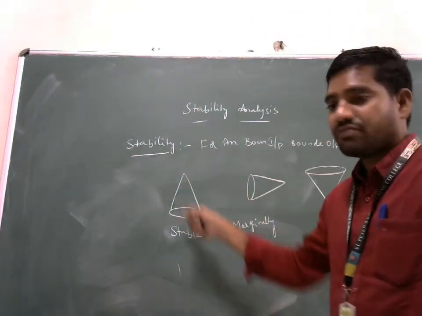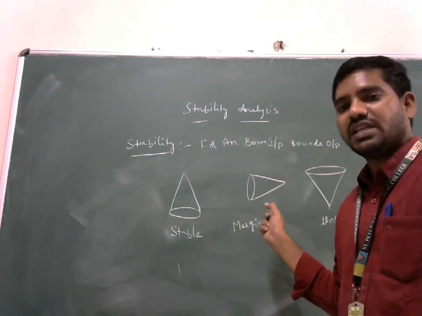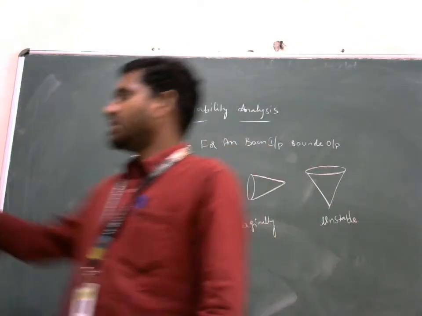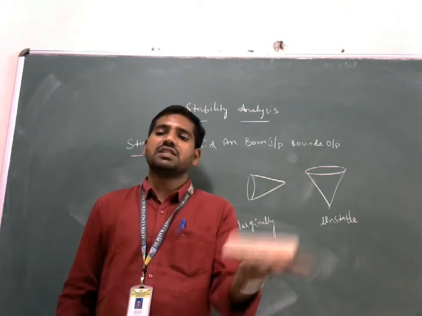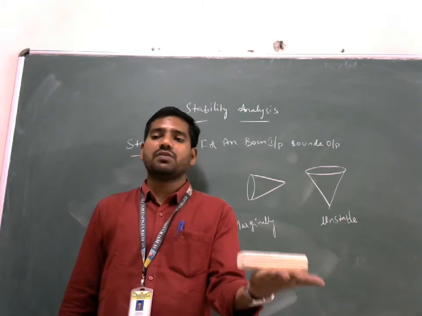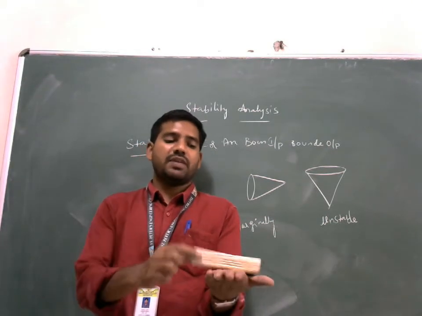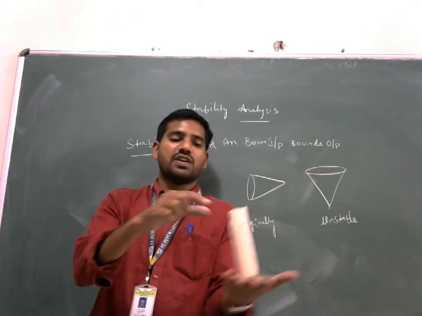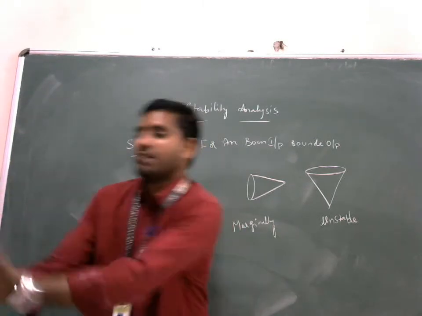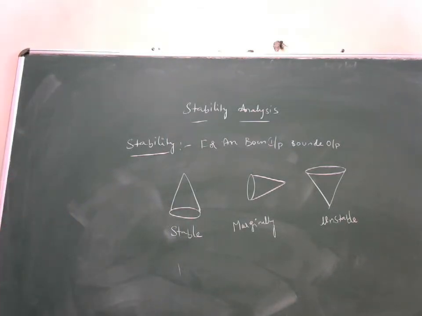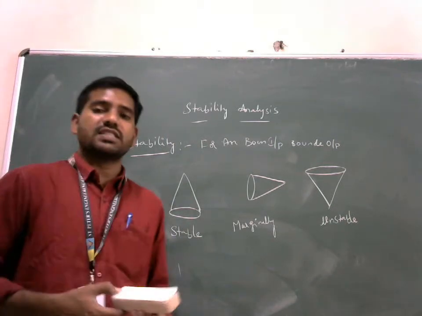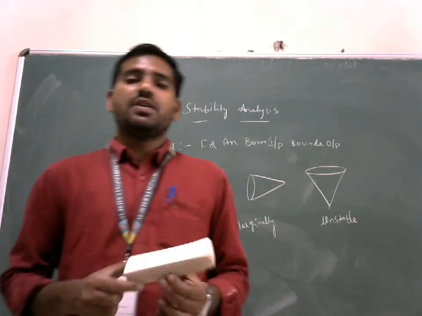Here also, this is a physical system. We can say very easily. If I am taking a duster and I am placing it like this, then we can say that this is unstable. Why? Because it will not stand. If I try to stand it like this, in some cases what will happen? See, it will fall like this. That will become unstable. So these are physical systems where we can say whether it is stable or unstable, right?